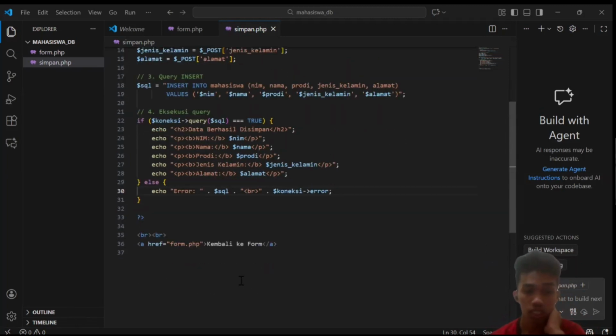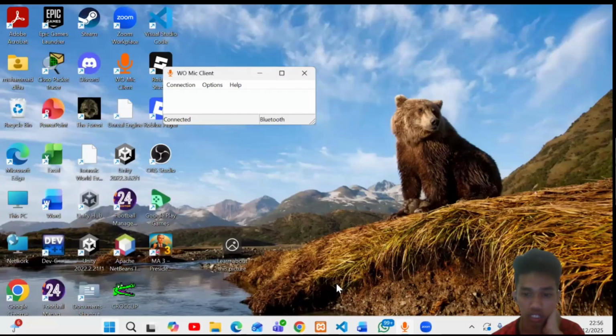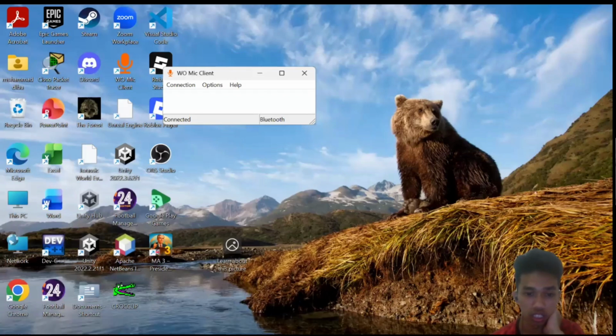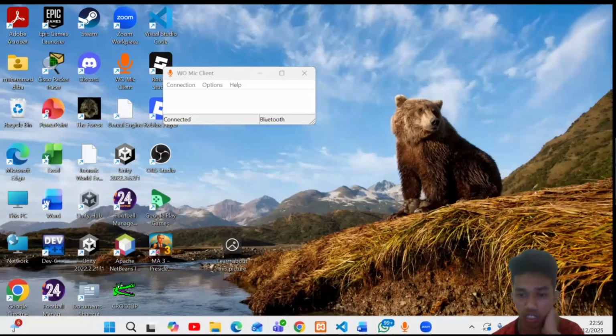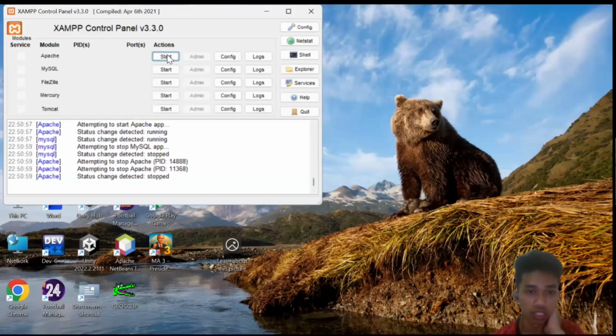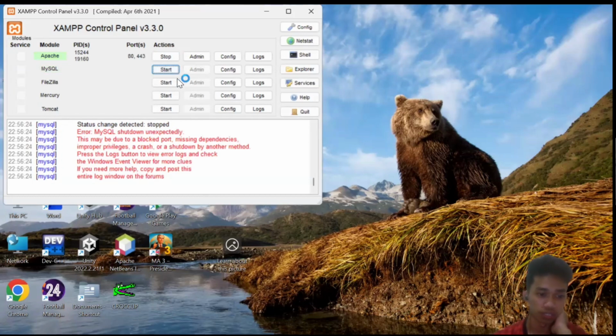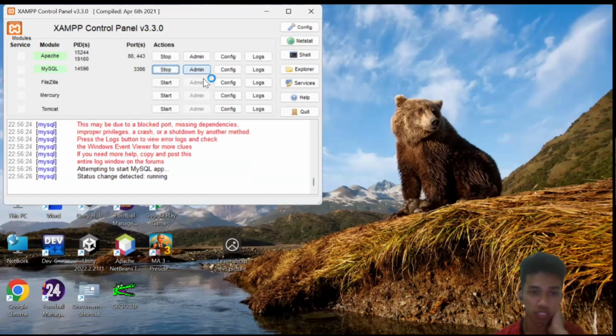First, we activate Apache and MySQL in the XAMPP, then proceed to the PHP coding.